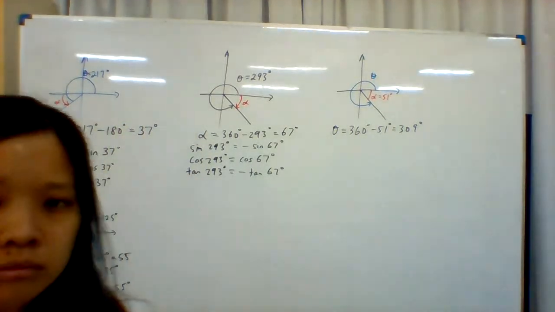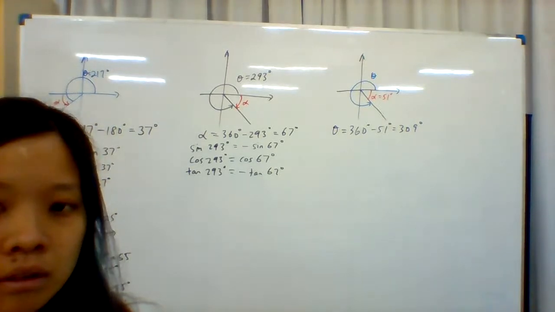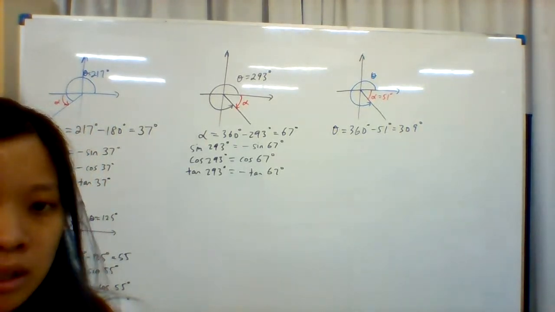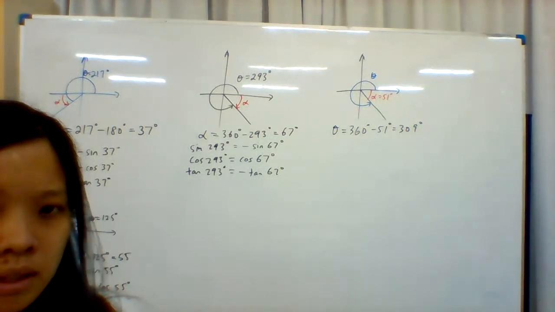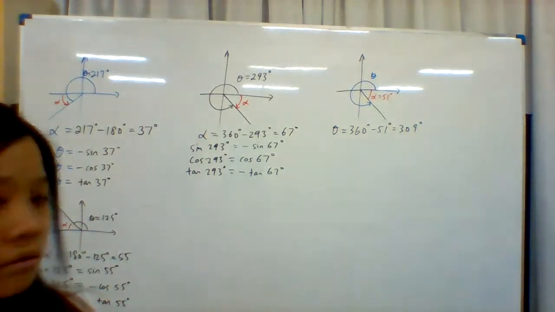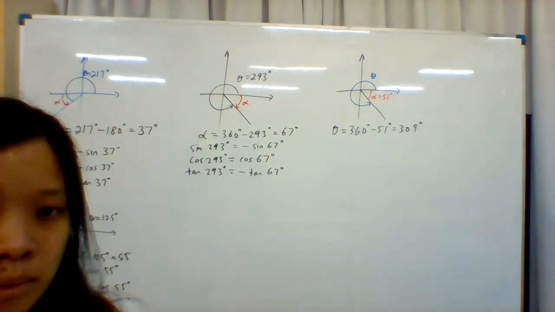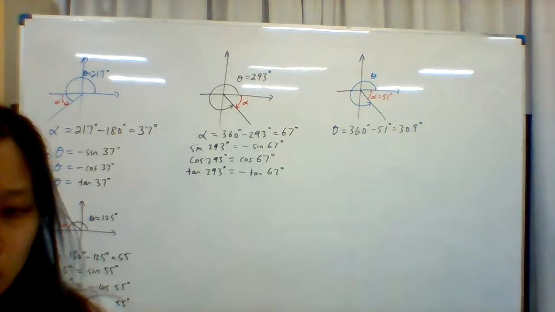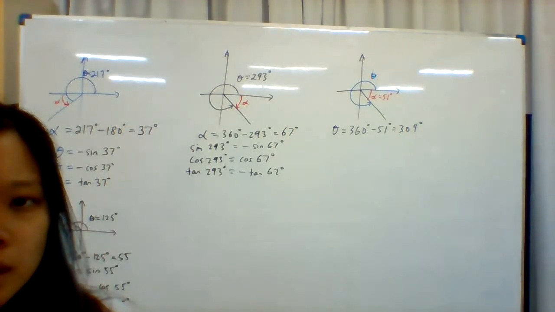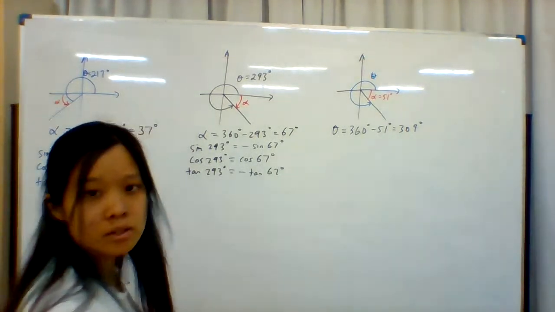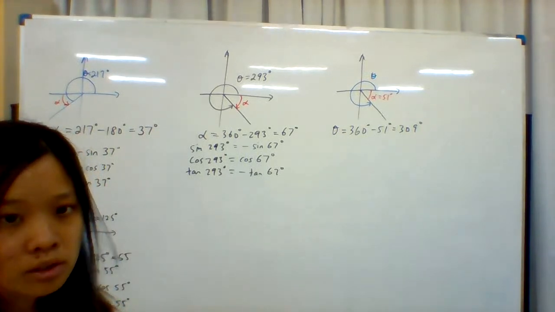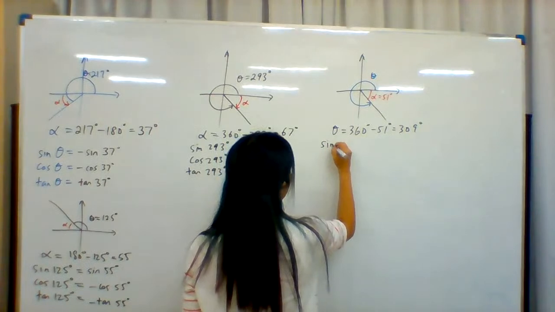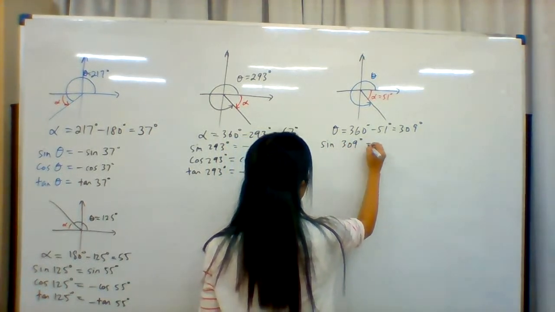51 is the basic angle. Okay? 51 is the basic angle. Okay, so now after you find the theta, they will ask you to find what is your sine theta, cos theta, and tangent theta. So basically, your sine 309,